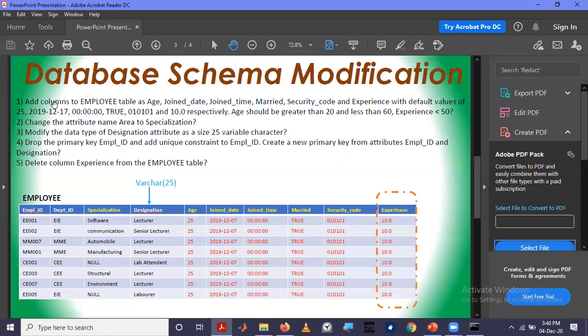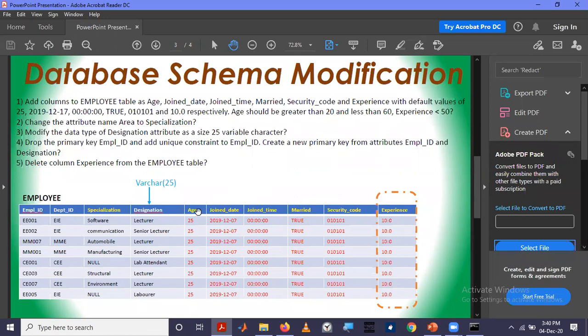First we have been asked to add columns to the employee table as these columns, but there are some constraints associated with each attribute of this table. We have been asked to give default values.